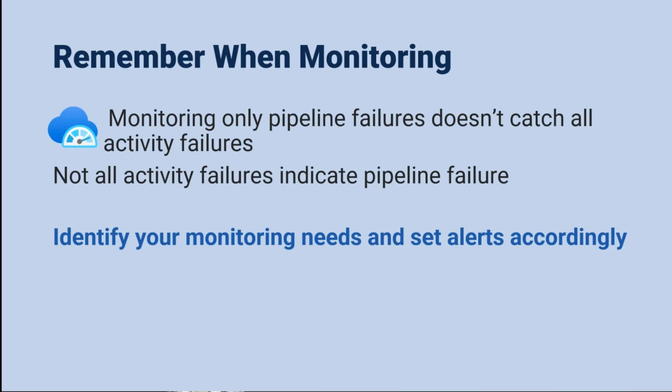When we use the Monitor and Manage app or Azure Monitor, we can measure at either the pipeline or the activity level. So you'll have to decide what alerts are most appropriate. And maybe you really do want to know when something fails due to a transient connectivity issue, but you've used the try-catch pattern for error handling. So just keep this in mind as you build your pipelines and set up monitoring.